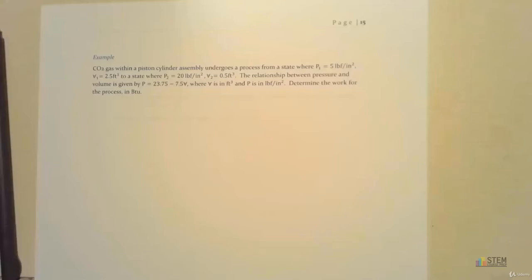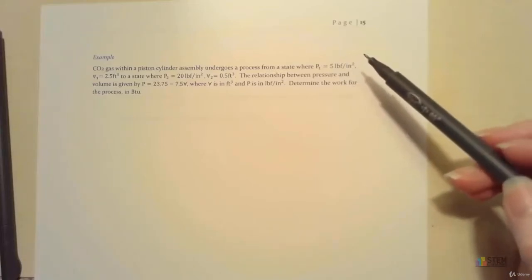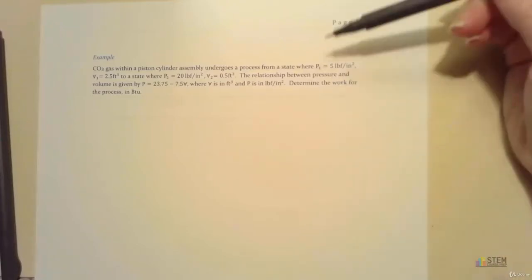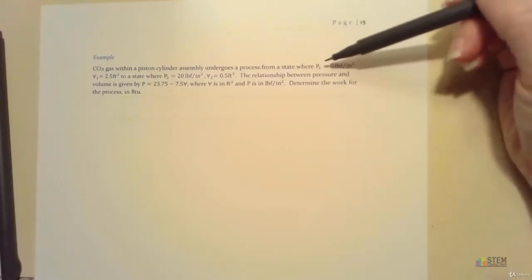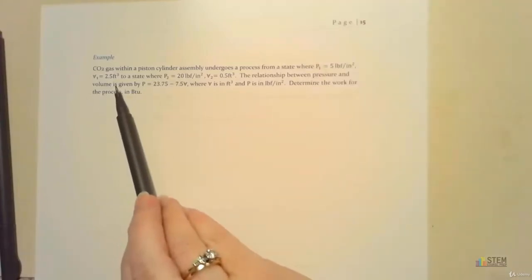So we're going to start off with an example for the work section. In this example, what we're going to have is carbon dioxide gas. It's going to be in a piston cylinder assembly, and it's going to undergo a process from a state where the initial pressure is 5 psi, volume is going to be 2.5 cubic feet, and it's going to go to